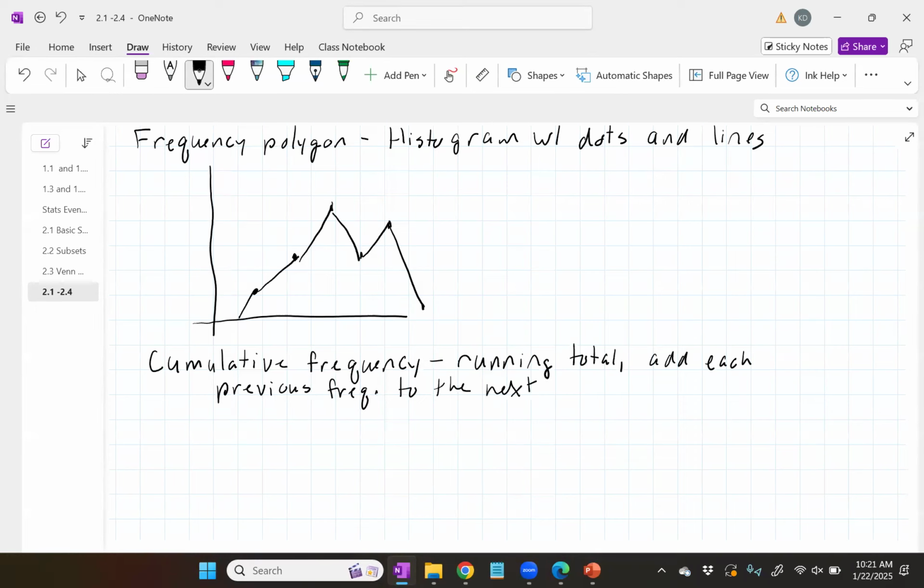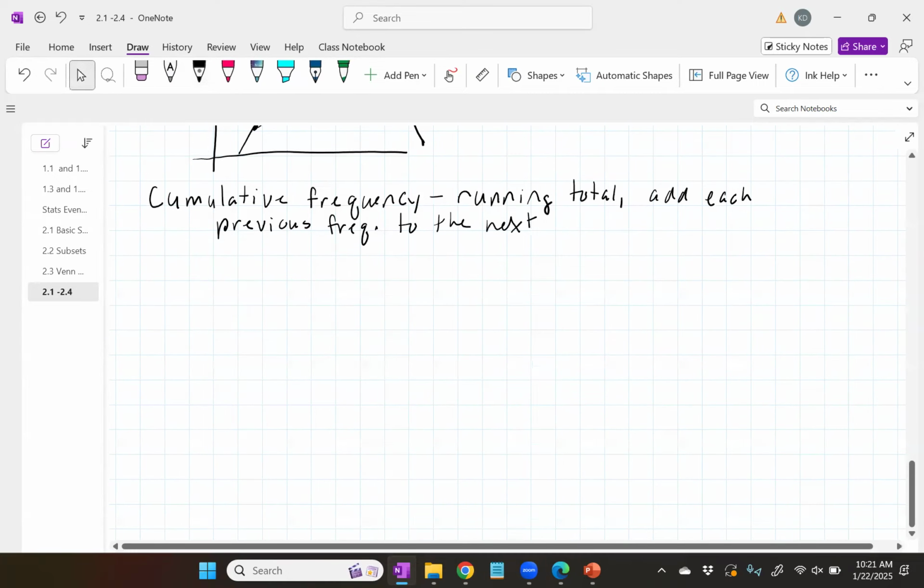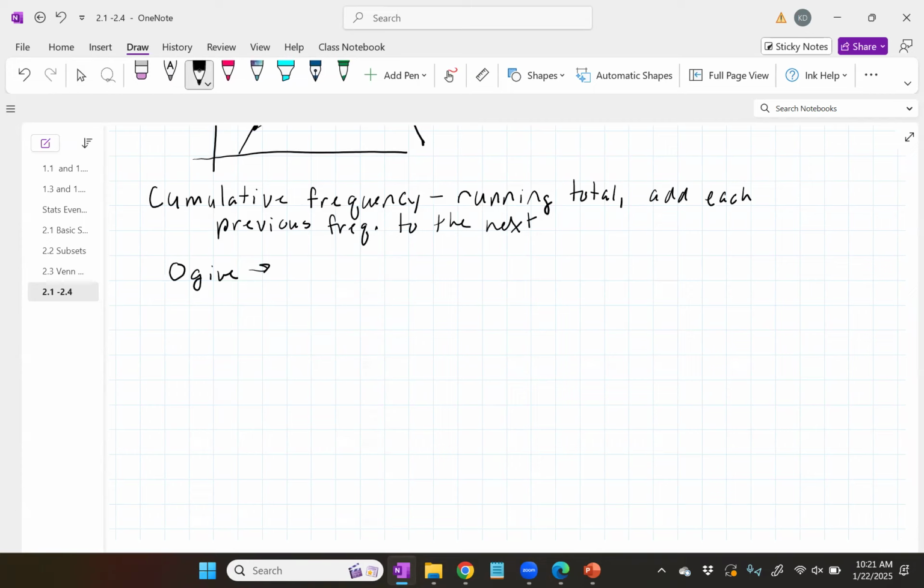So you're going to add each category to the next one, and I'll toss up an example in a second. And with this comes an ogive graph. Maybe it's ogive, I can never tell. This is a line graph with